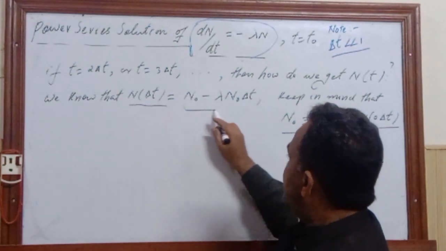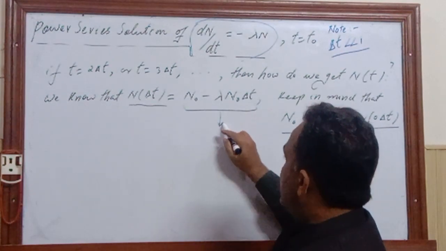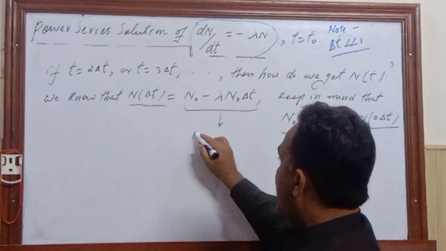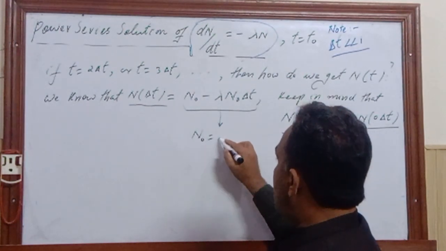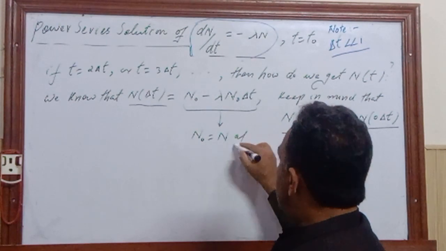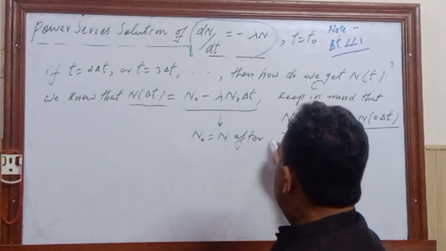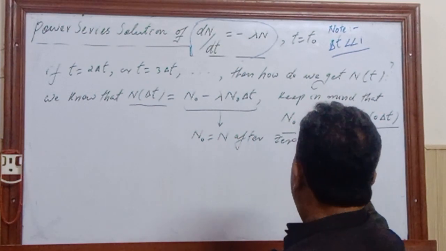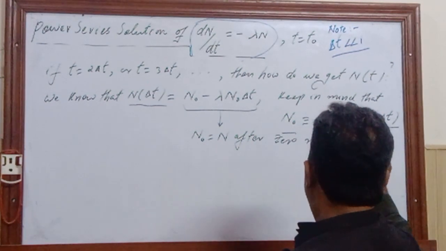On the right side, this information is here, and n naught is actually n after zero number of time intervals,